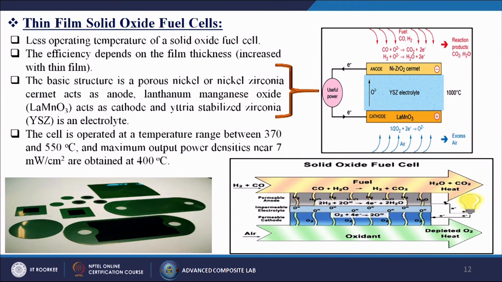So the basic structure is a porous nickel or nickel zirconia cermet acting as anode, lanthanum manganese oxide acting as cathode, and yttria stabilized zirconia as the electrolyte. So here we are using the anode, then the cathode, and in between we are using the yttria stabilized zirconia. Then the cell is operated at a temperature range between 370 degrees to 550 degrees centigrade, and maximum output power density near 7 megawatt per centimeter square is obtained at 400 degrees centigrade. So this is the output of that